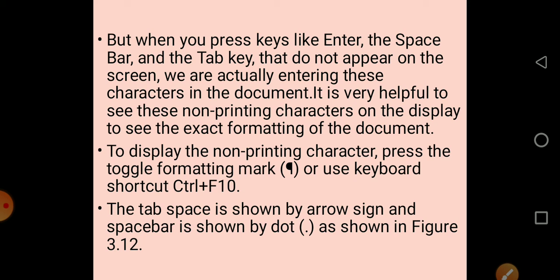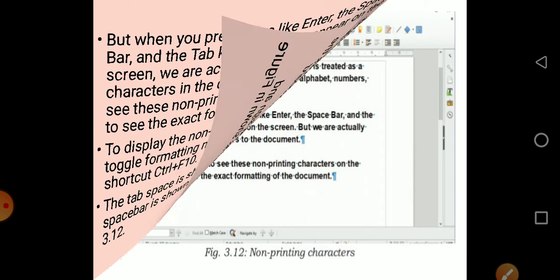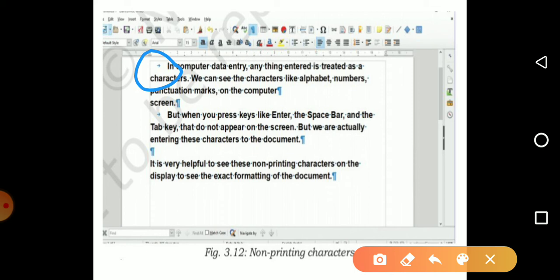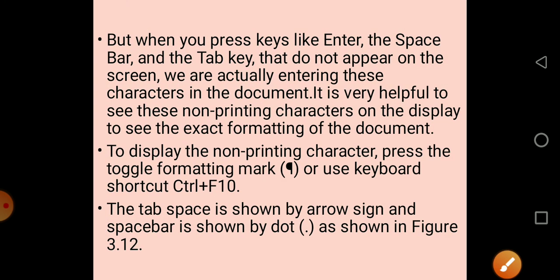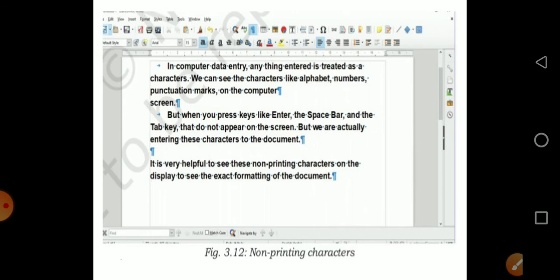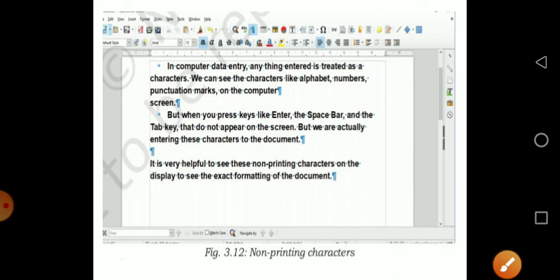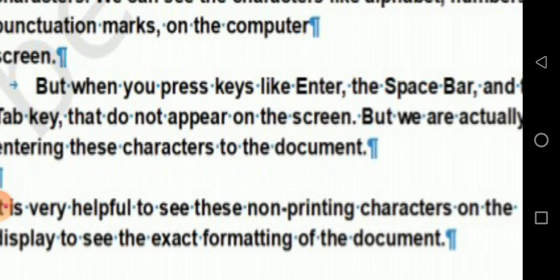The tab space is shown by an arrow sign and the space bar is shown by a dot. Look at the figure here. The tab space is shown by an arrow mark. Space bar is shown by a dot.